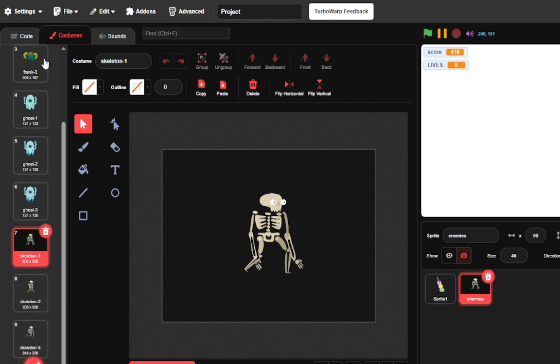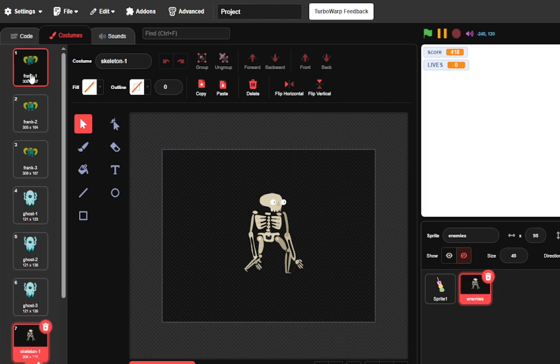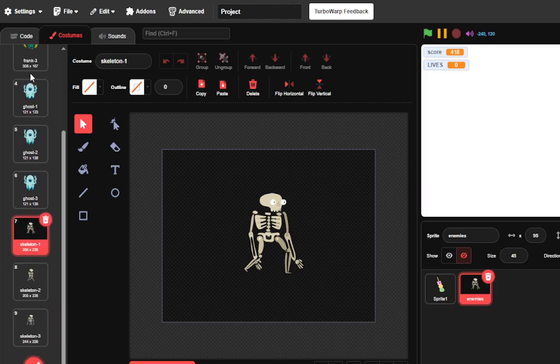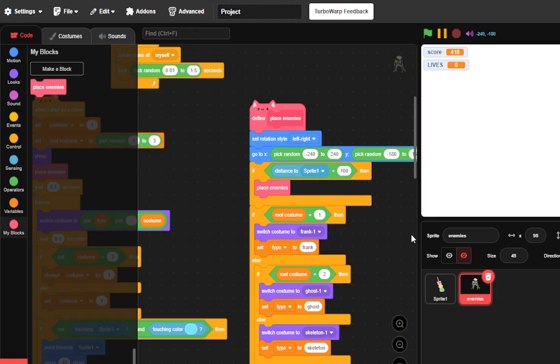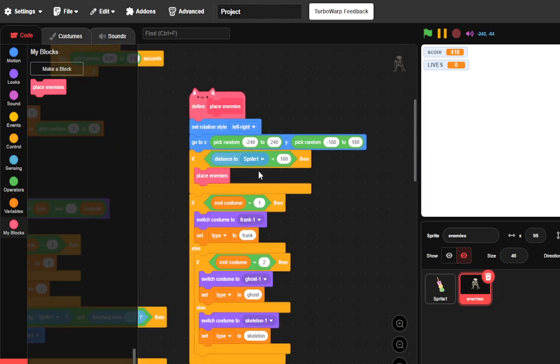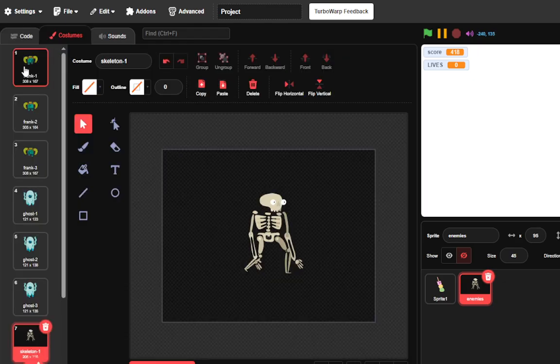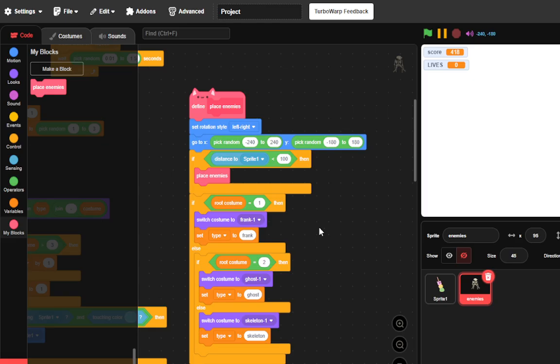Well, that's the variation, and you can add as many enemy types as you want. Just make sure you change this if, for example, how many variations. The maximum variations for me is 3, because there are 3 types of enemies: the skeleton, the zombie, and the ghost. If you want to add more of those, then you need to ask yourself how many types. For example, if you're going to add a witch, then that is 1 extra enemy type, so that's 4 total